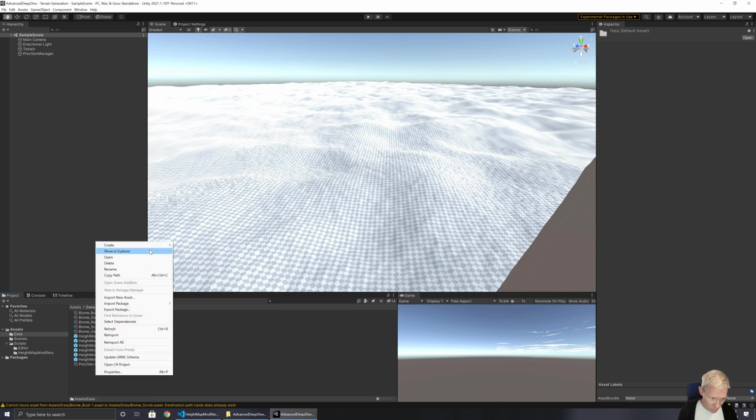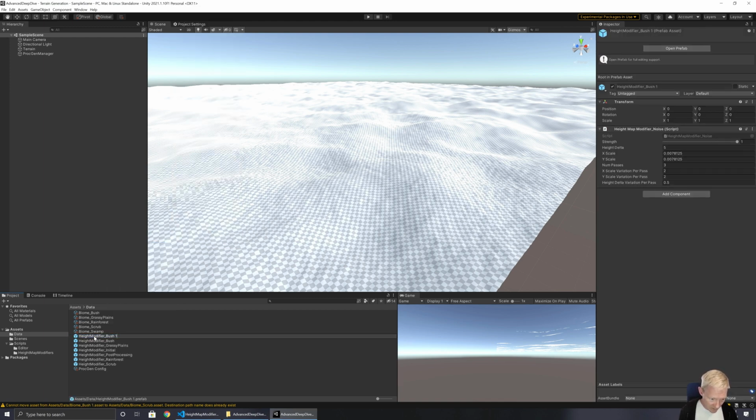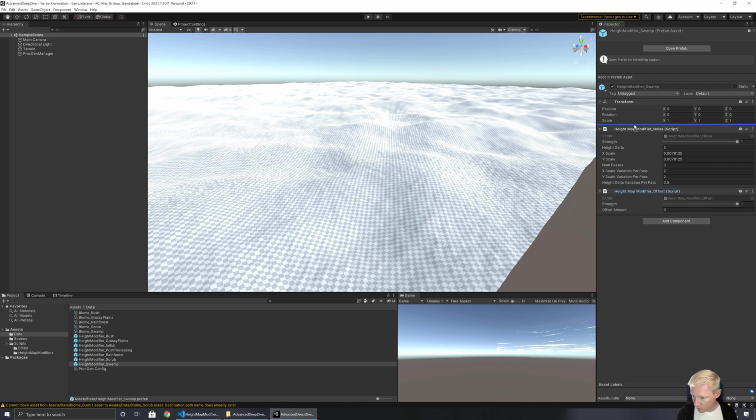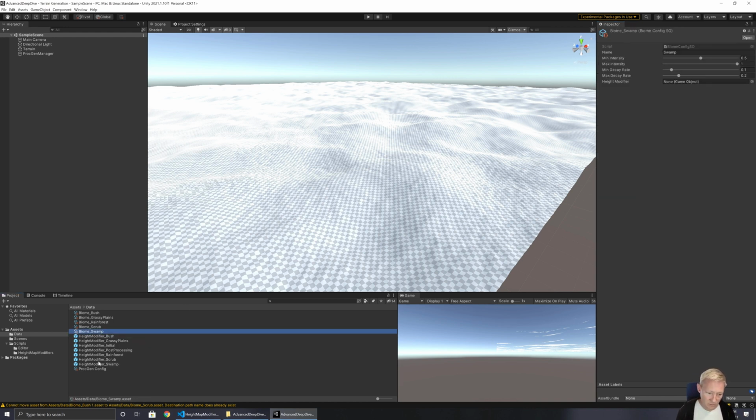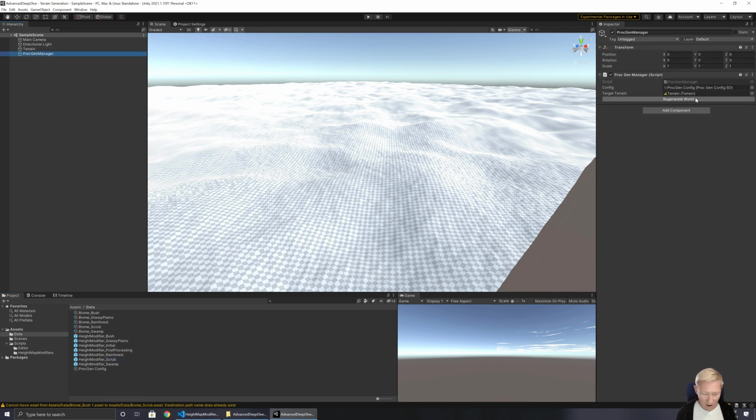And then swamp, I'm just going to use bush, but again, I'm going to have an offset that again I'm going to put first, and this is going to lower it. So just want to lower it, then let it modify the terrain. So what I've done is configured different sets of modifiers for each of these. They're there as prefabs, so it's easy for me to mix and match, test different ones. And now we can test what